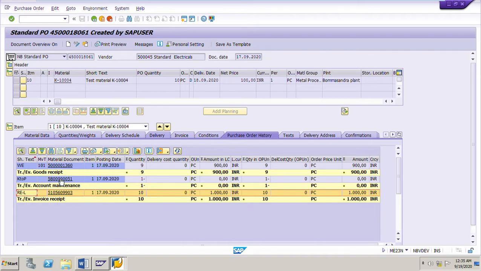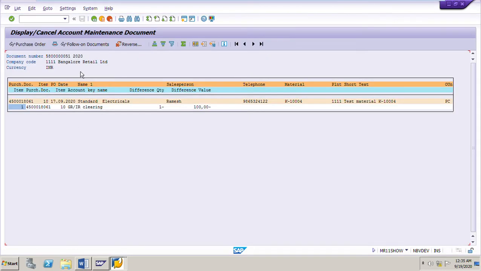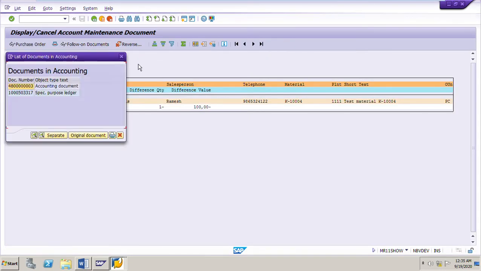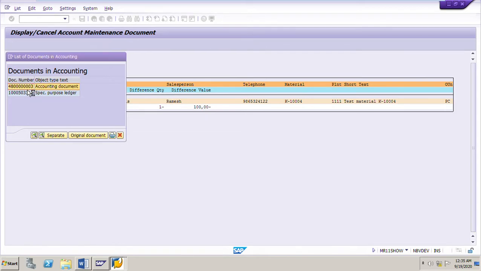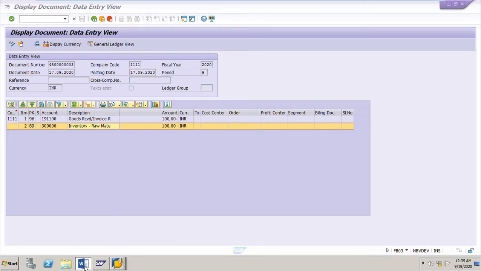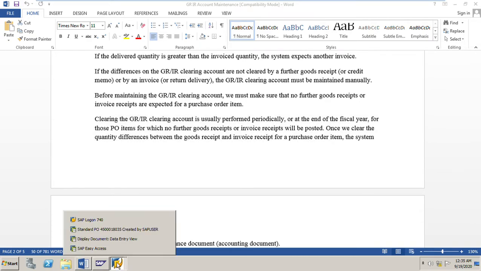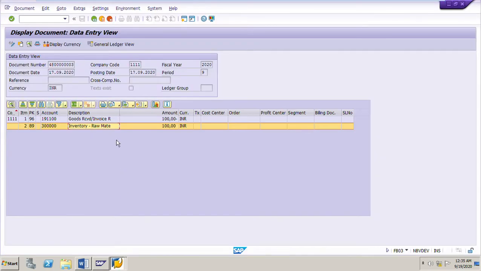If I go to this account maintenance document, click here, go to following documents and double click on the accounting document, these are the accounting entries. The offsetting entry is made to the stock account, because this material is valuated at moving average price.